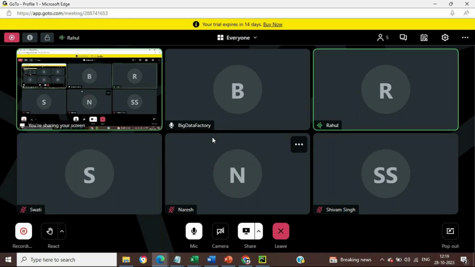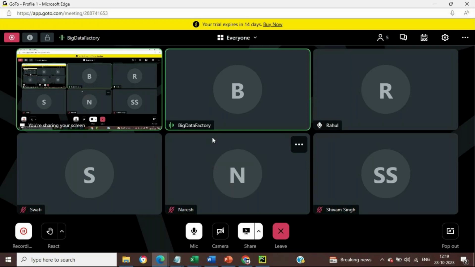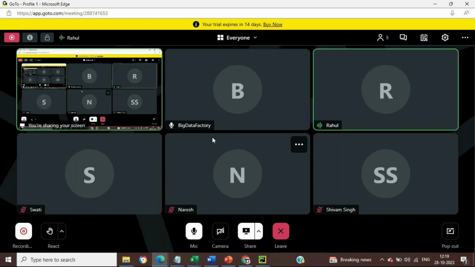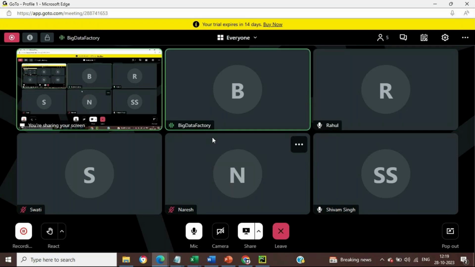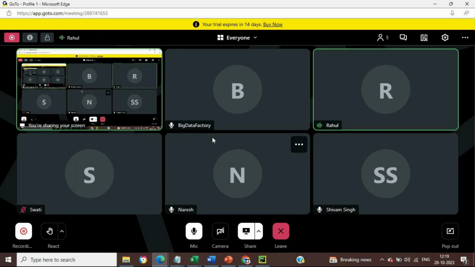Out of sort and order by, which one is performant? Sort. Why is sort performant? Because it minimizes the